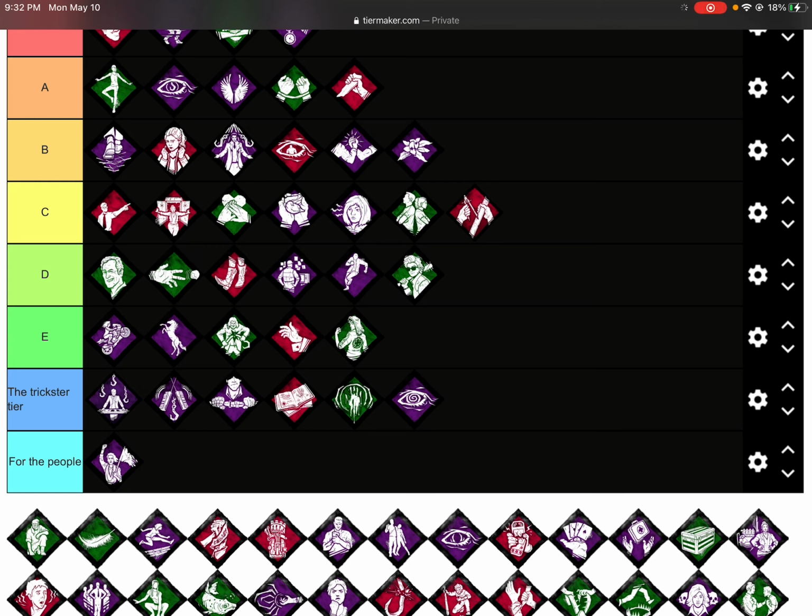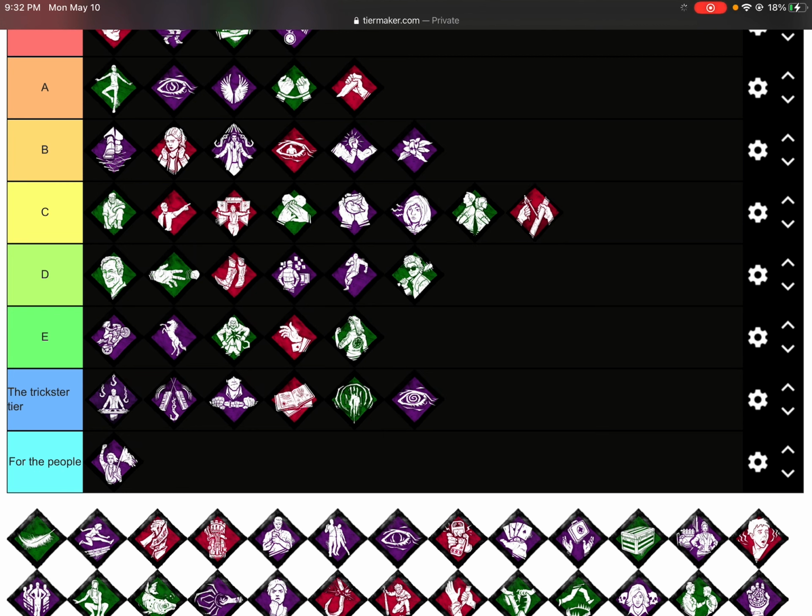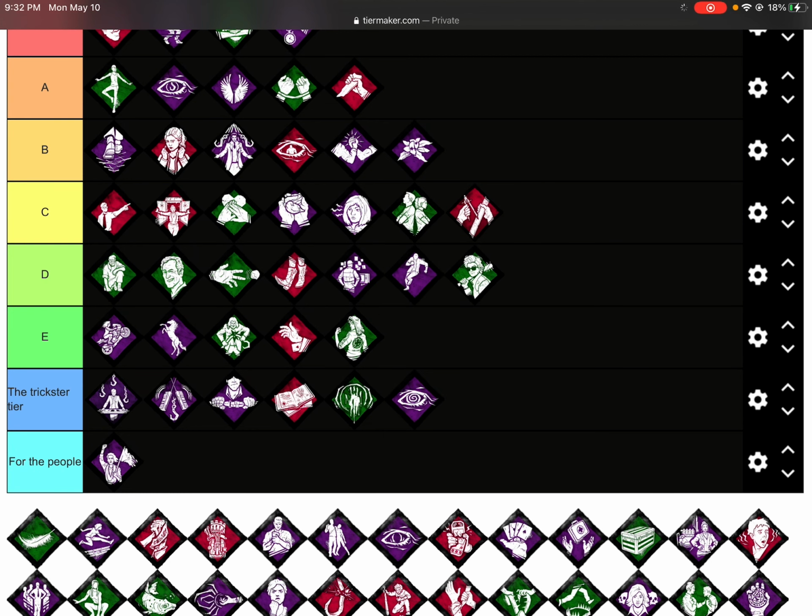Left Behind. Unlocks potential at one aura's reading ability. If you're the last survivor remaining in the trial, you can see the aura of the hatch within a 32-meter range. I mean, it's meh. I'm gonna put it in D. It's much better than it was before. Don't get me wrong, but